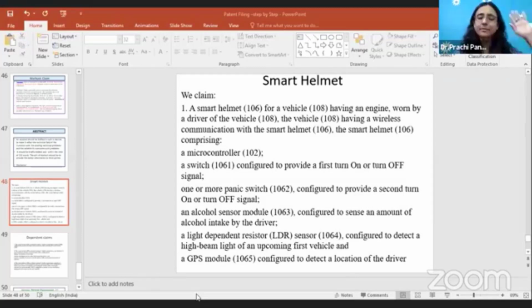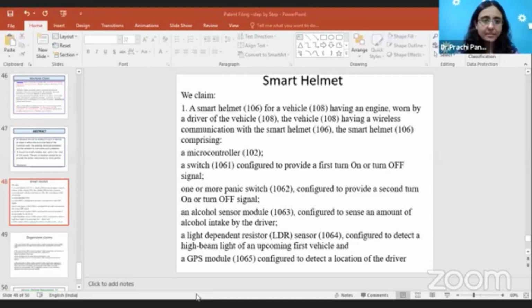It means you have to sit down thoroughly and honestly. You have to write each and everything. Draw your invention on a piece of paper thoroughly, and then whatever is there, even a single component, you have to write it down. The brief description doesn't need so much language; you can write it in your own language, no issues at all. In the claim part, this is all their description. I'm directly going to the claim part.